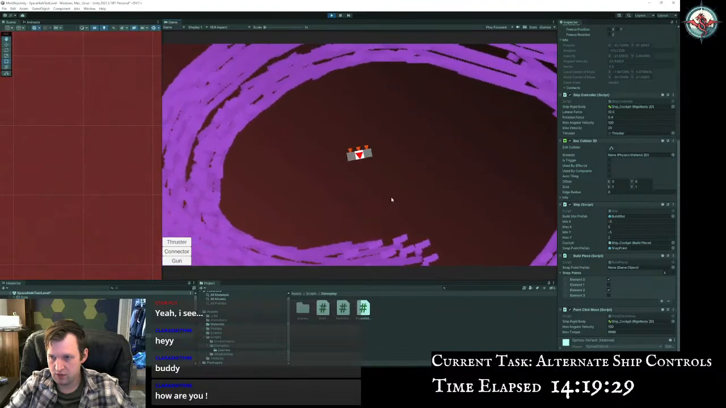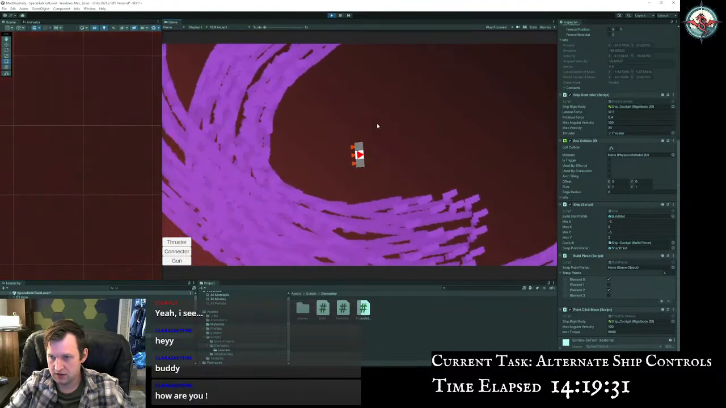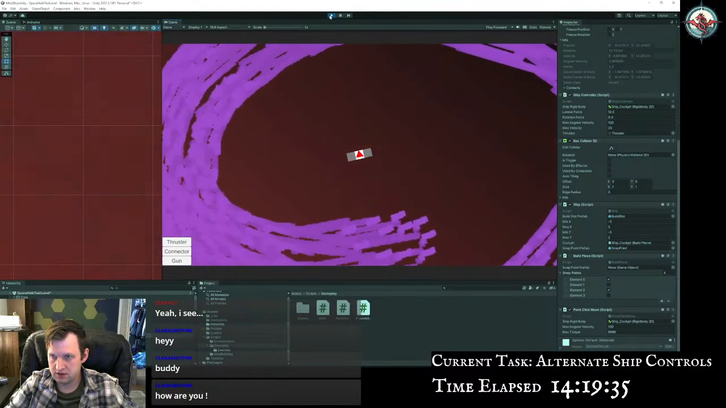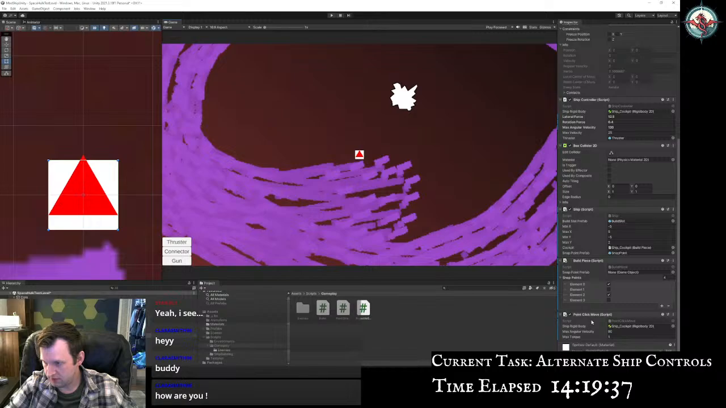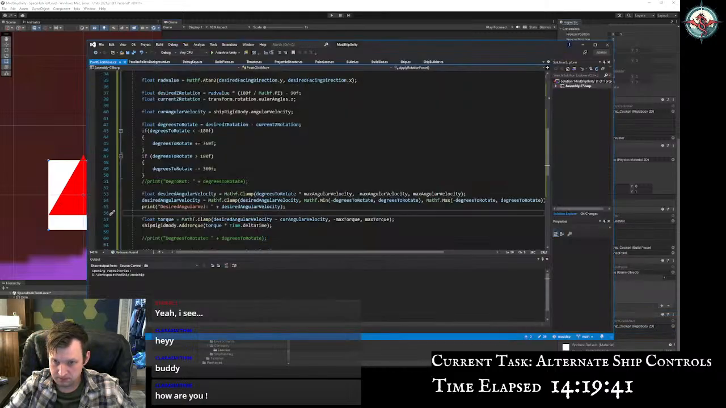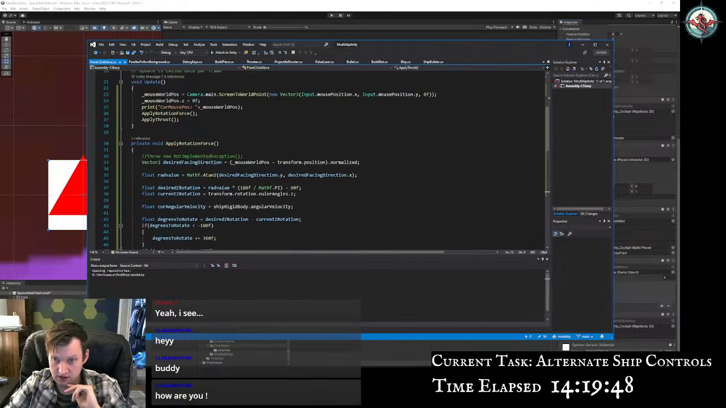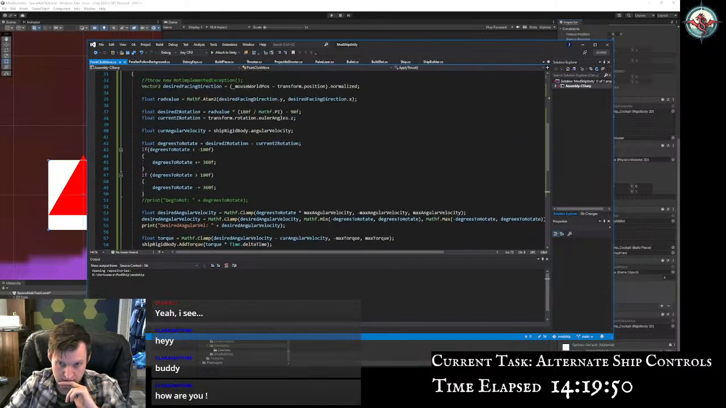Okay, so now I want to test actually pushing the ship in the direction of the mouse. And this will be quite a bit easier, especially because we're going to cheat it a little bit and have it